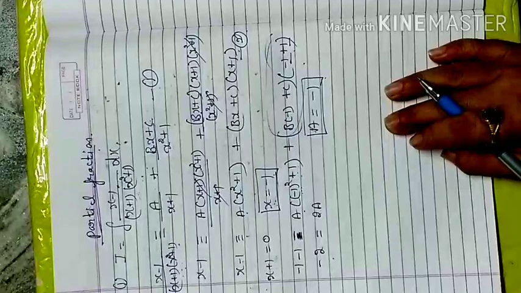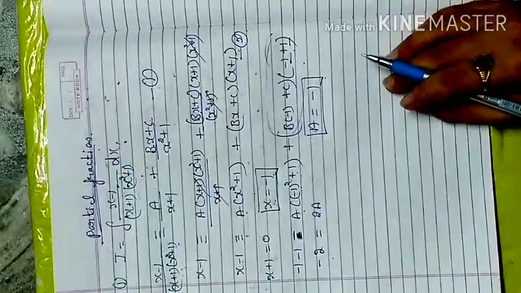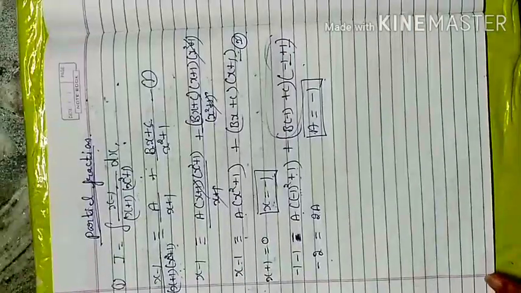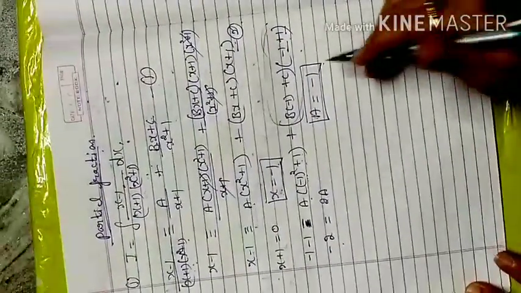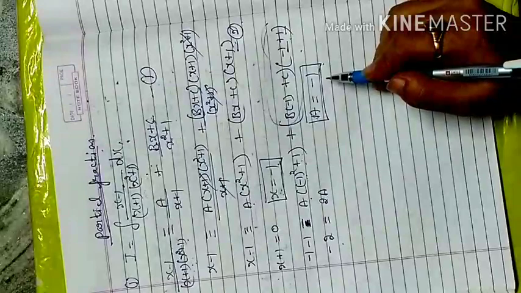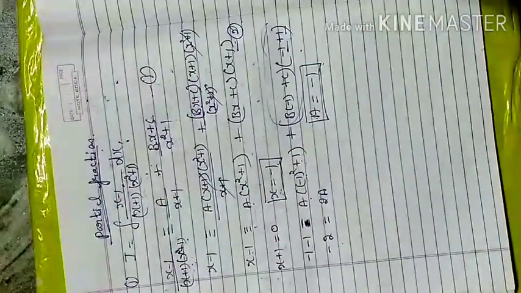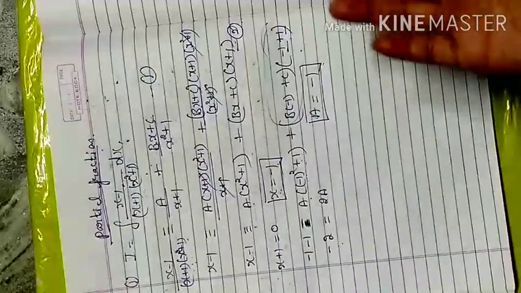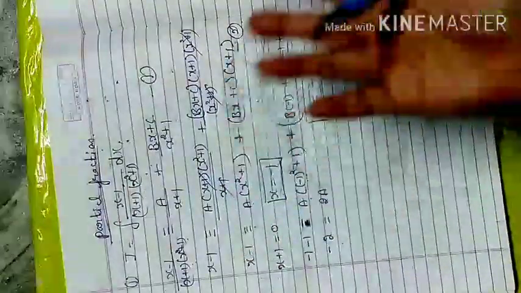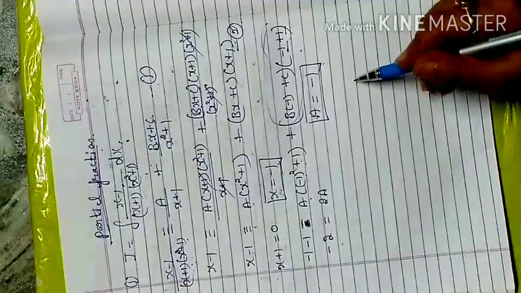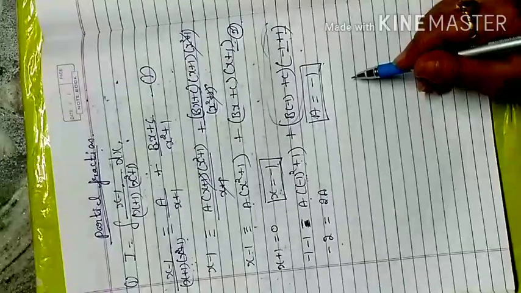Now I have to find the further 2 variables left to identify, b and c. So my next target is to find the b and c values. But my question is, I have no further linear factor. So what should I do? If no linear factor is there to substitute in this second equation, in that case we have to go with the coefficient of the higher power of x.